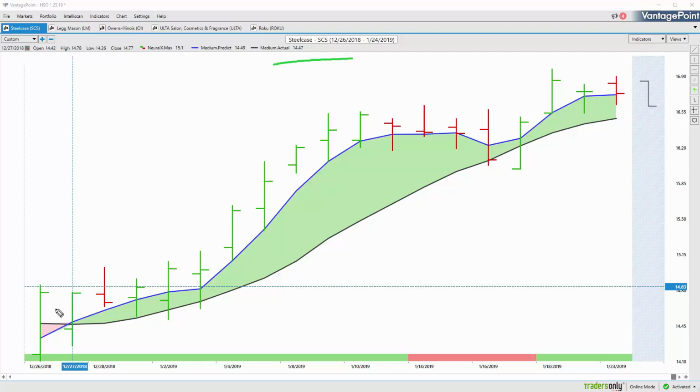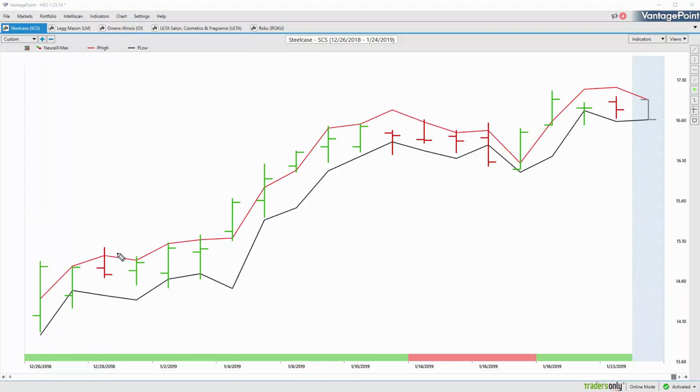Now, Steelcase here, you see we get this crossover to the upside indicating the trend is now up. And we can actually see those predicted levels against the actual trading day. So you see we have our predicted levels coming in here. Well, that will be filled in with what actually occurs in the market over that trading day. And you see how this works, really indicating that we're not going to hit these predicted levels every day, but certainly you want to be a buyer. And if you're at or near those levels, it's a great opportunity to get long and take profit intraday